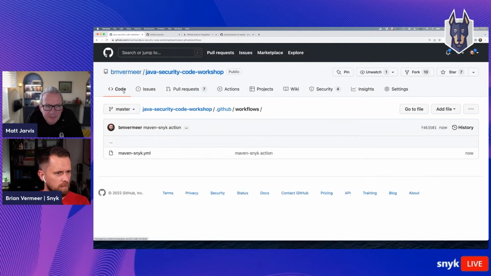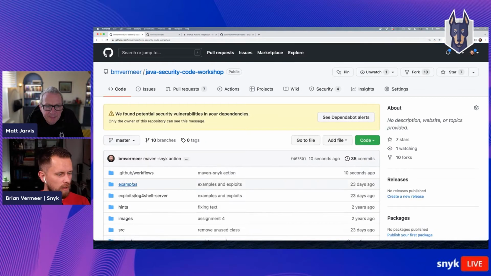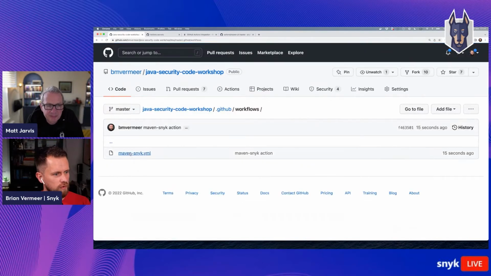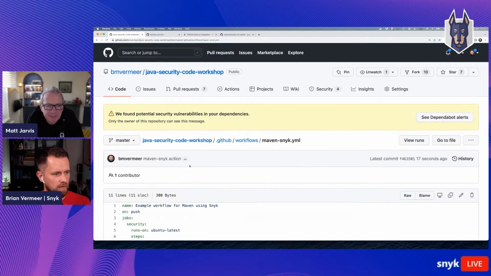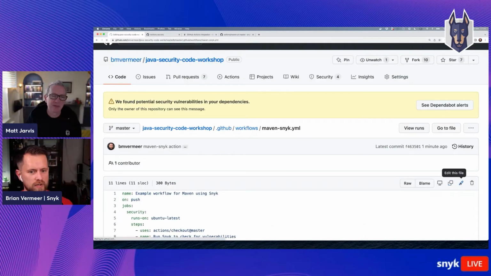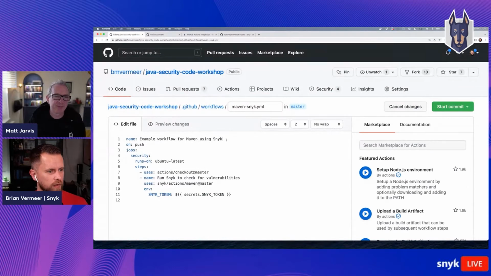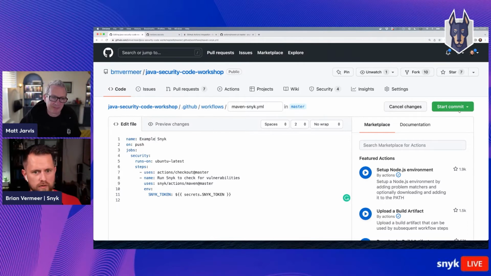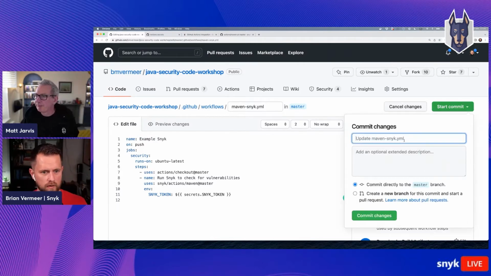it's the next commit. What we do know is that if you go back to your code, it is now part of .github/workflows, and there you have this. So let's, for instance, change the name over here so that we have an actual push, and just make it example Snyk. So start commit something,